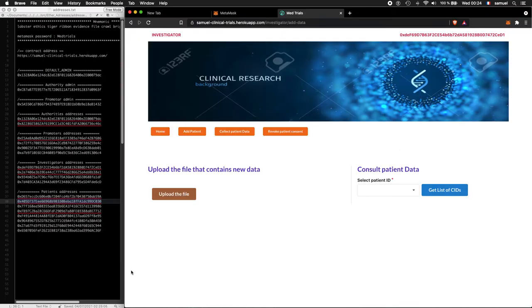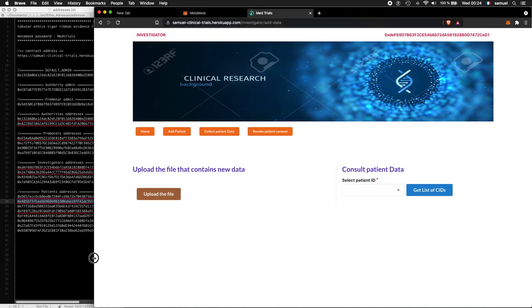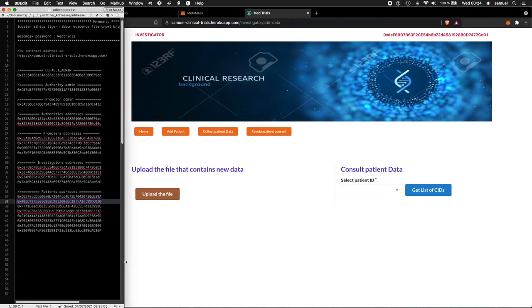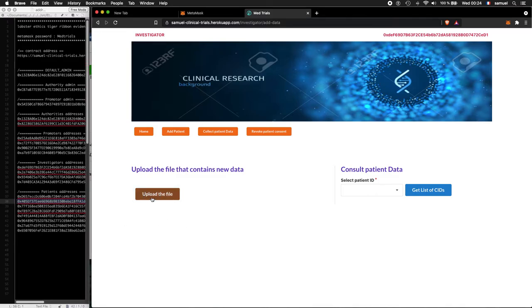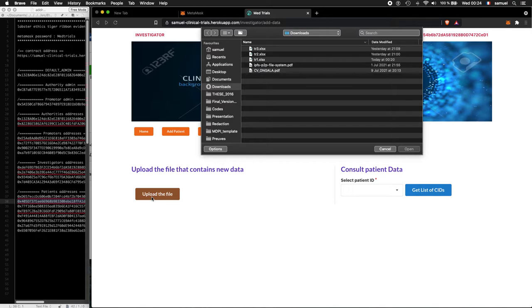So now that the investigator has collected patient data, you need to send it to IPFS to be stored there, get the CID, and send it to the contract.